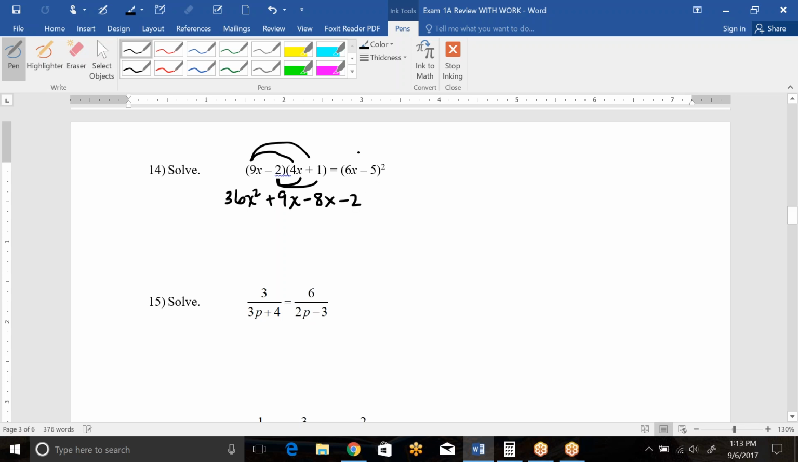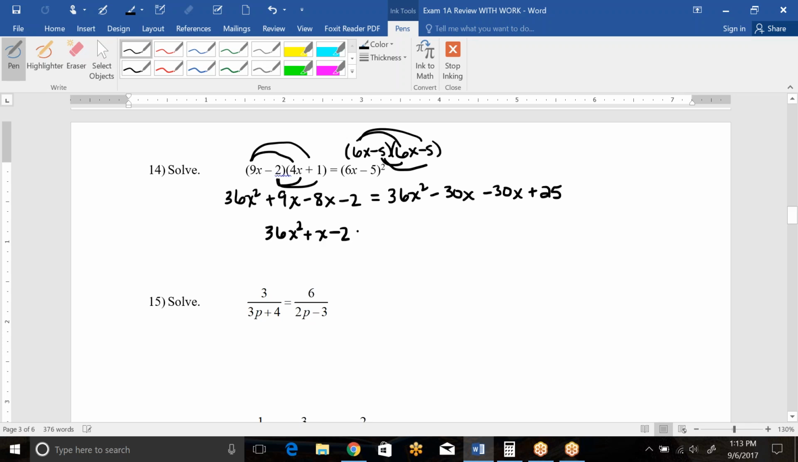For this side, this is 6x minus 5 squared. You really need to write that twice because that's what it means to square. You are going to be distributing again. So this is equal to 36x squared minus 30x minus another 30x, and then negative times negative is positive 25. So if we clean up both sides, this ends up being 36x squared plus x minus 2 equals 36x squared